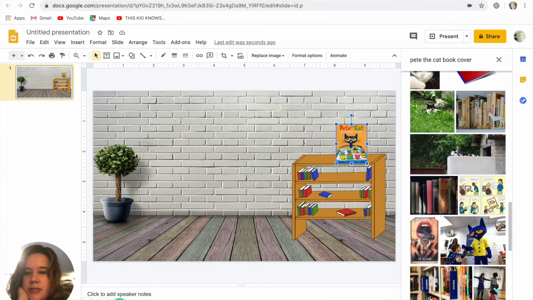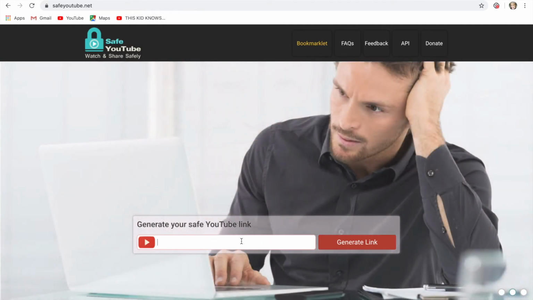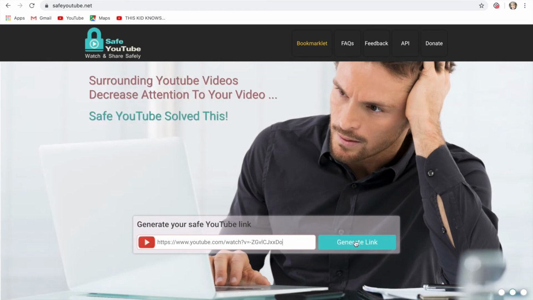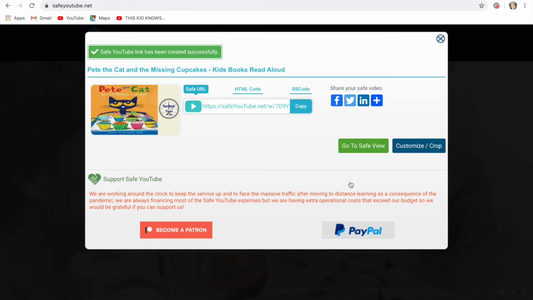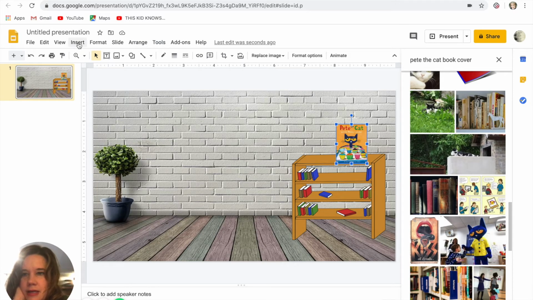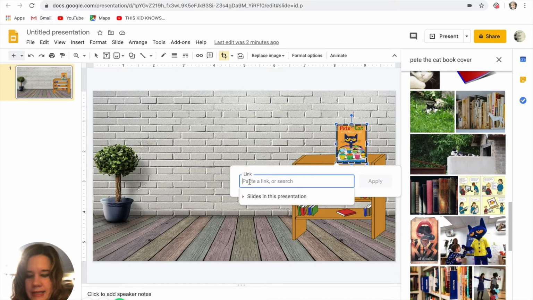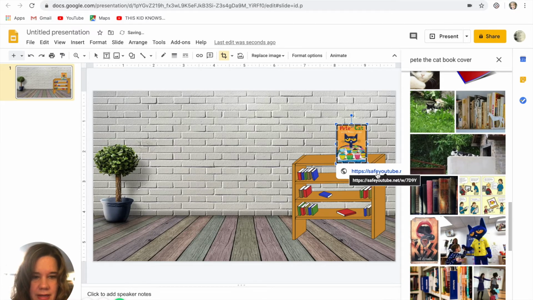Now, a lot of times the videos will come in with ads, so I'm going to run it through here and generate a safe link. This is called safeyoutube.net, and I can generate a safe link for it and copy it, and then I'm going to go back to my presentation and insert a link. I'm going to click here and then insert, and I want to insert a link and then paste my safe link right here. And then when I click on it,